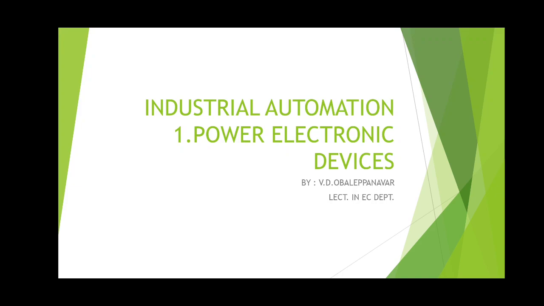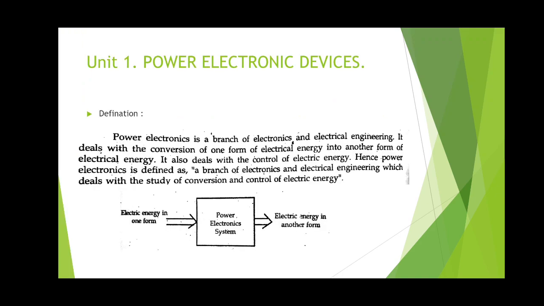Sometimes one extra question can also be asked. So we will have nearly 30 marks of questions on this topic. This chapter covers the power semiconductor devices, the construction of all the power semiconductor devices, then the VI characteristics, applications, advantages and disadvantages. So let us start with the definition of what is power electronics.